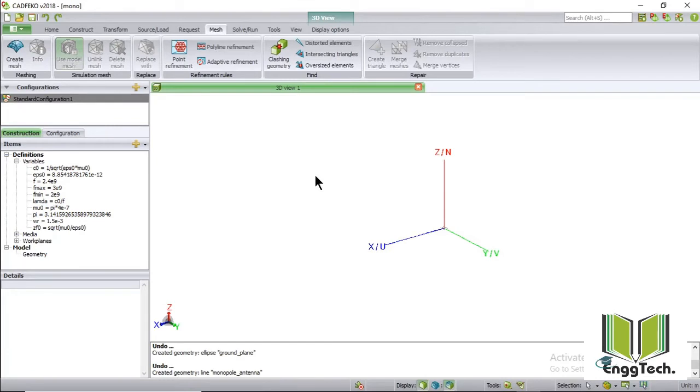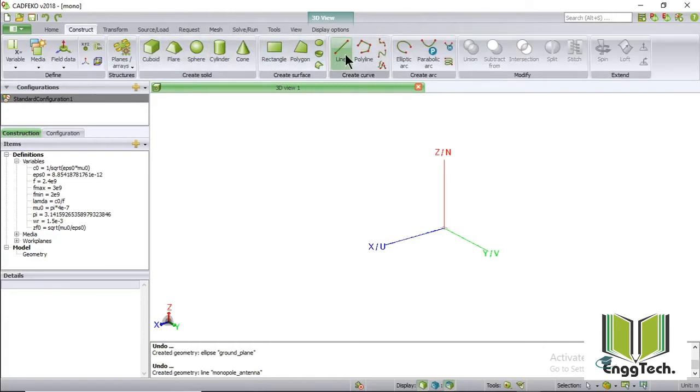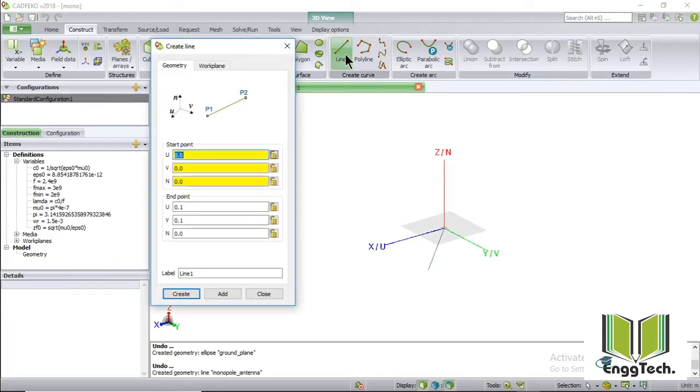So now we will design monopole antenna. For that, go in construct and then select line. Monopole antenna will start from origin, that is 0 0 0, and end in plus Z direction. The length of the antenna is lambda by 4.